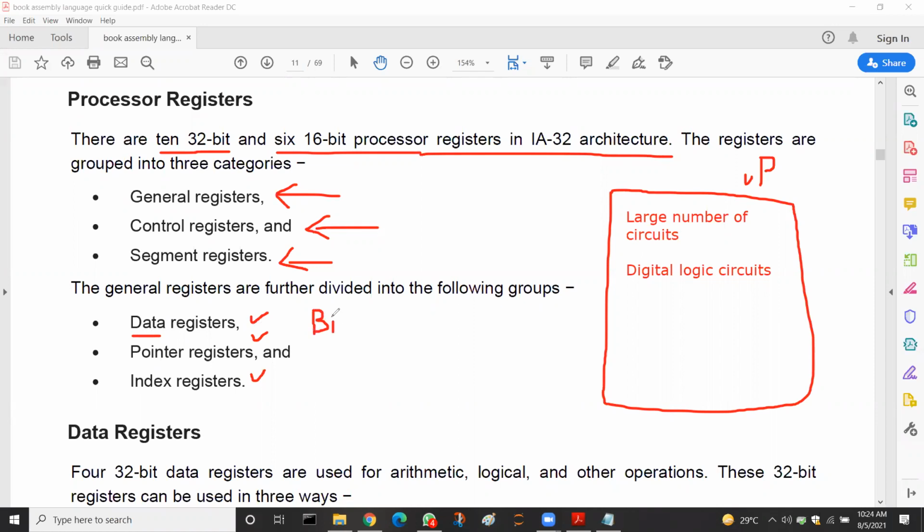Now, as we already know that the data is in binary. So whenever the word data comes, it means we are talking about binary data. So pointers are the registers which are used to hold the addresses of memory. Similarly, the index registers are also used for the same purpose, to primarily index or address